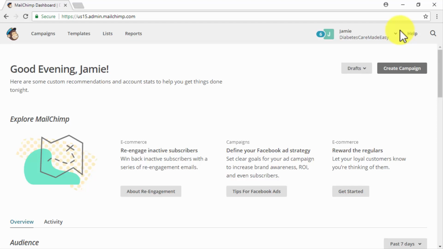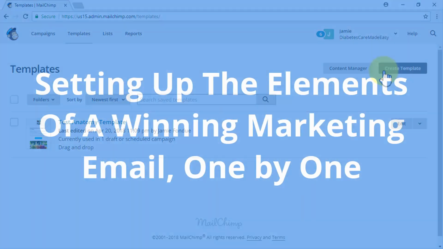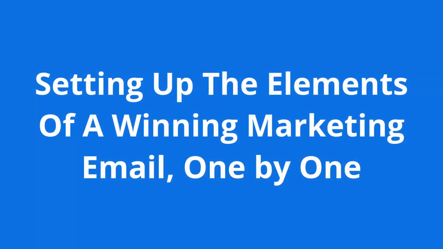campaign, as you'll only have to select your templates and then to modify the information in it according to your new campaign's needs. We are going to show you this process from our MailChimp account, and although the actual steps might vary from platform to platform, the basic workflow is the same. So we start by clicking on the Templates tab located on the top left corner. And then we are going to click on the Create Template button, setting up the elements of a winning marketing